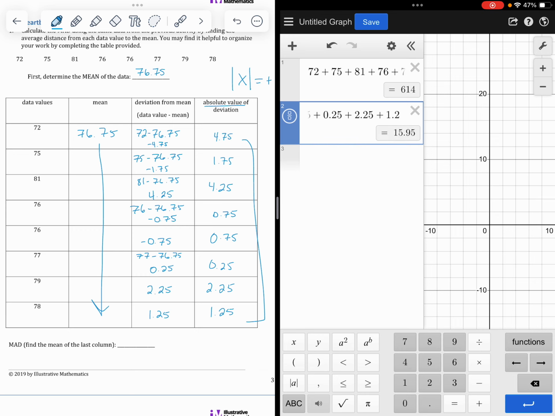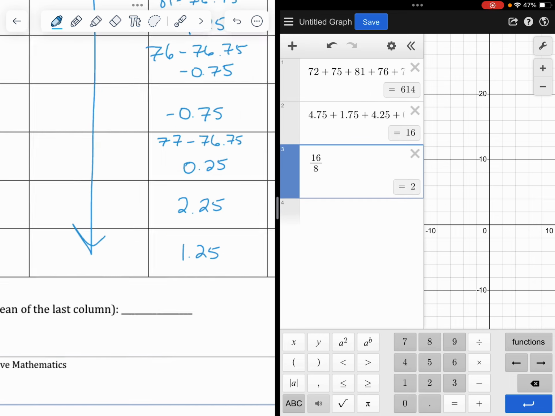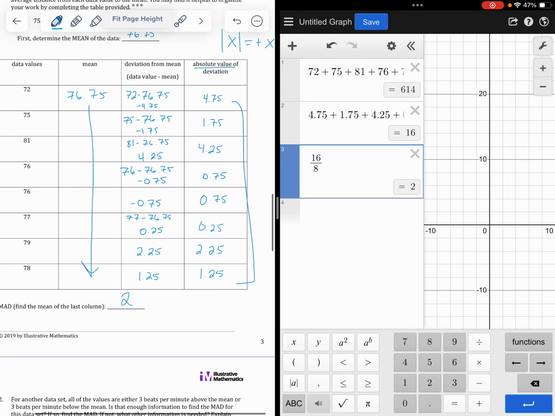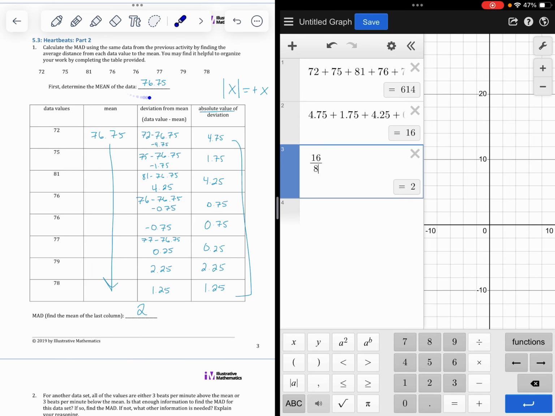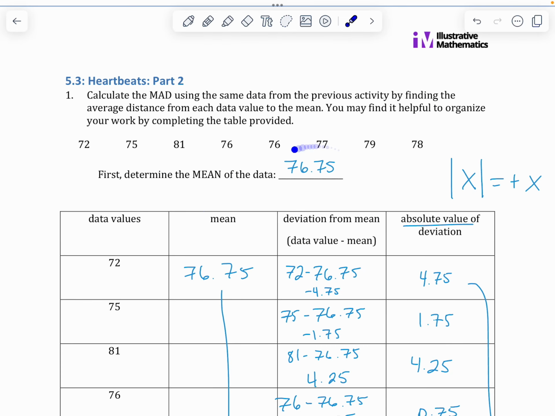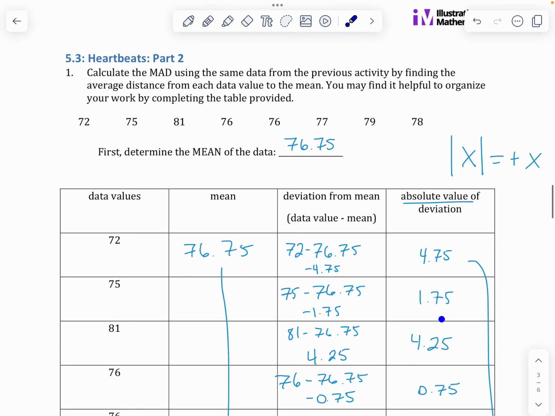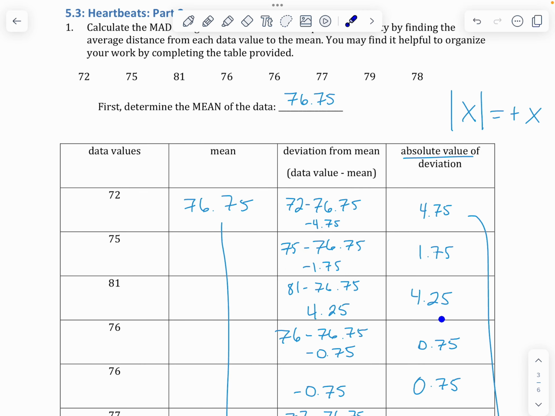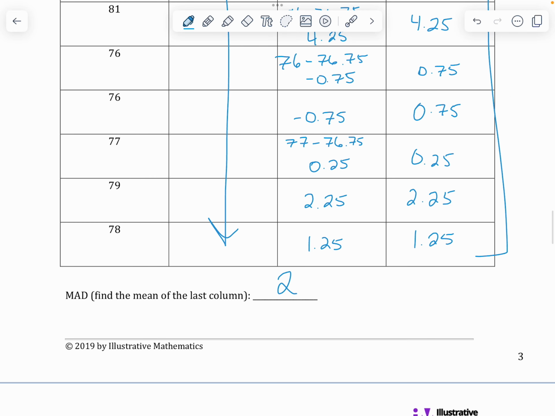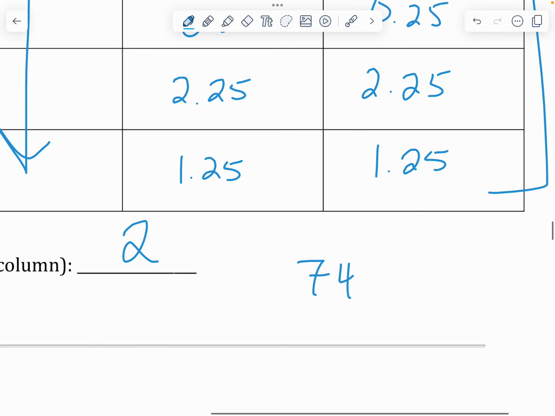So 16 divided by 8, of course, is 2, right? So that means that if our average heart rate is 76.75, and that average deviation is 2, most students are going to have a heart rate somewhere between 74.75 and